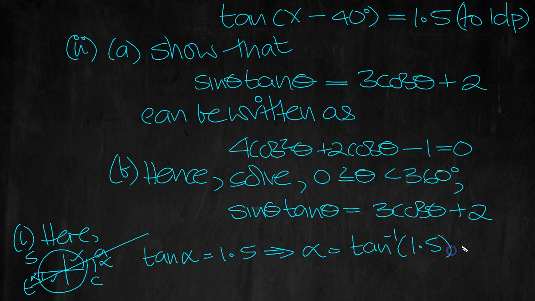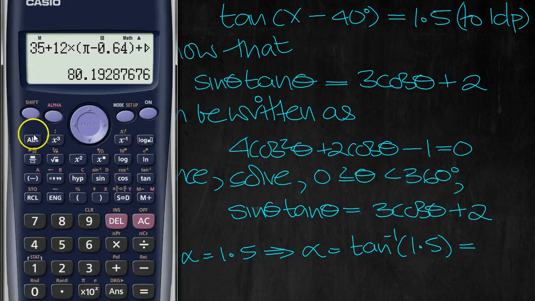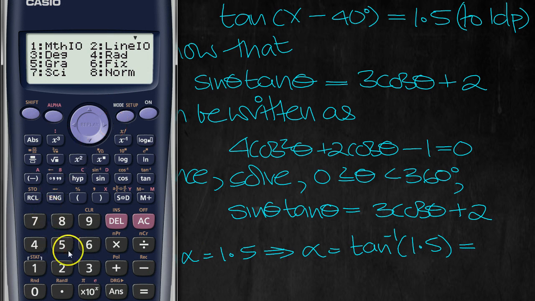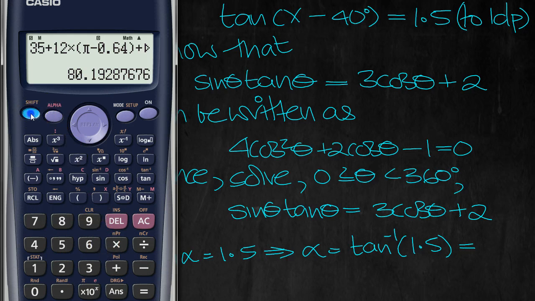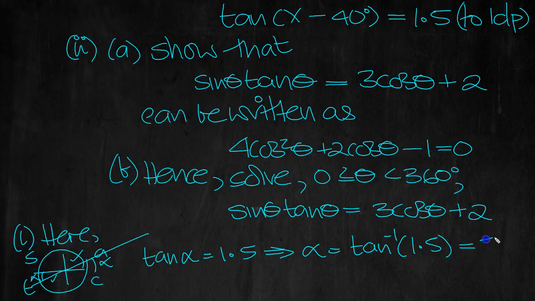And we're in degrees in this question, so make sure we're in degrees mode, which is number 3. So it's shift tan of 1.5 equals 56.3099 dot dot dot. Okay, so there's alpha. So our first solution then, x minus 40